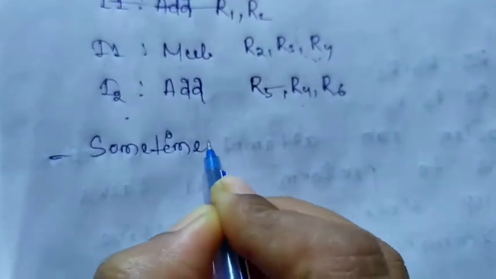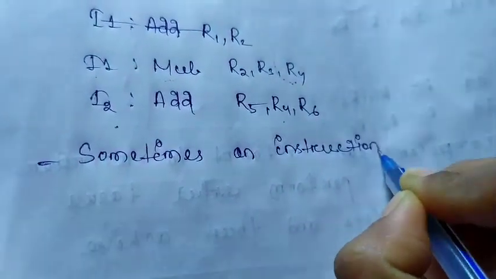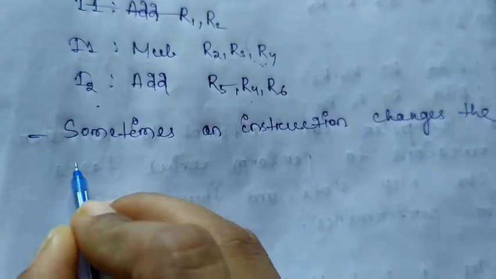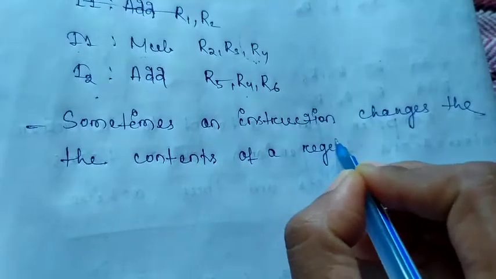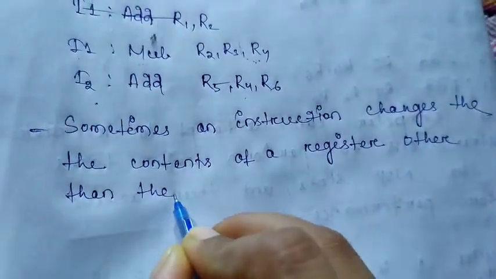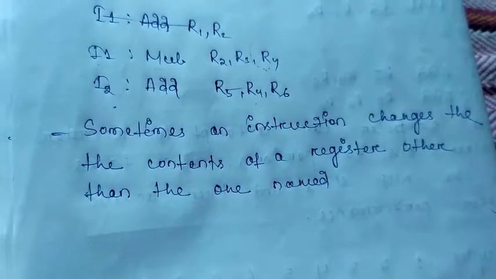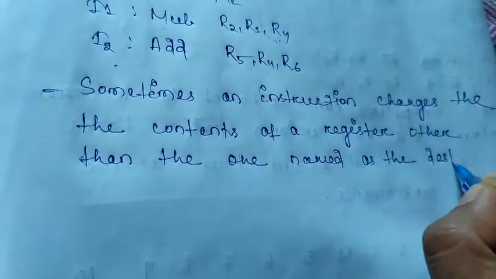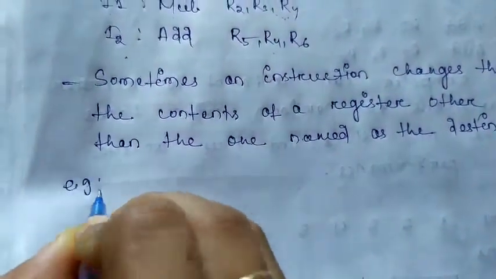Sometimes an instruction changes the contents of a register other than the one named as the destination. Okay, for example